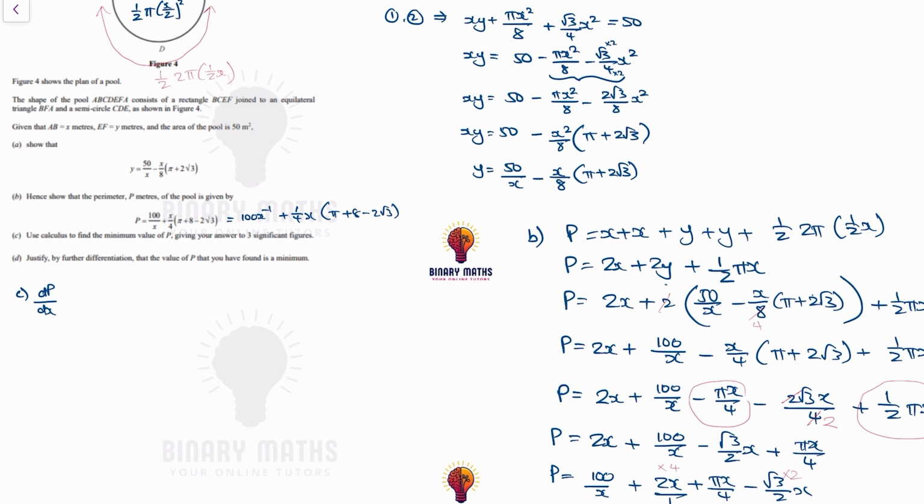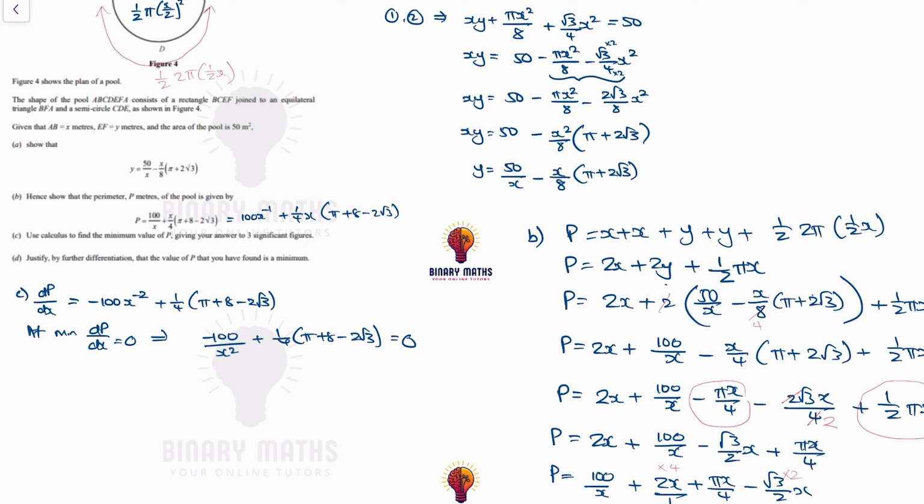So when I differentiate with respect to x, I get minus 100x to the minus 2 plus a quarter times pi plus 8 minus 2 root 3. So at minimum, dp dx is equal to 0, which implies minus 100 over x squared plus a quarter times pi plus 8 minus 2 root 3 is equal to 0,